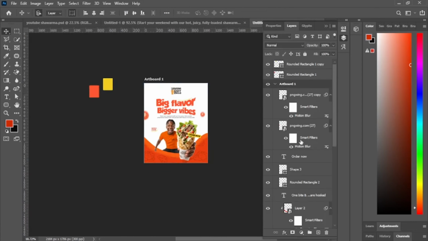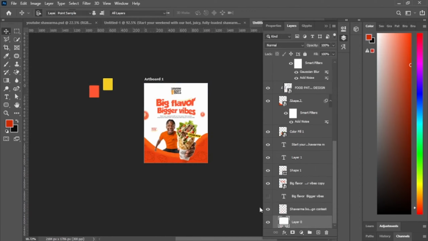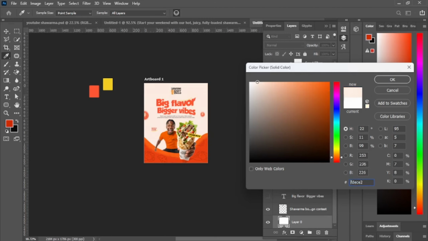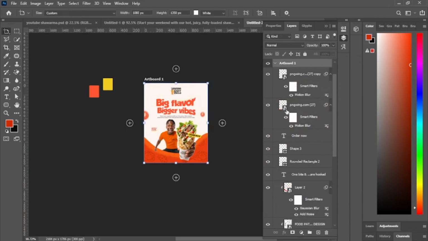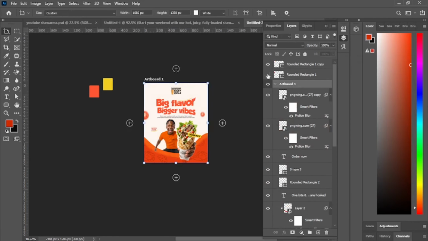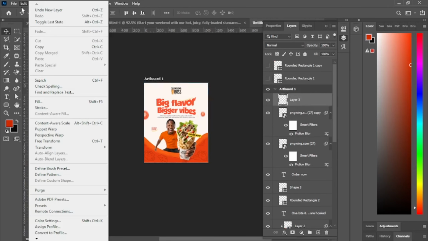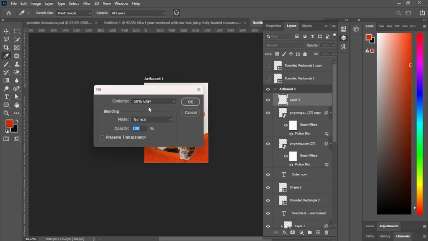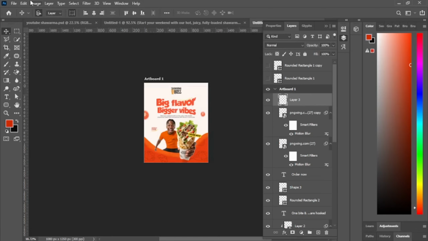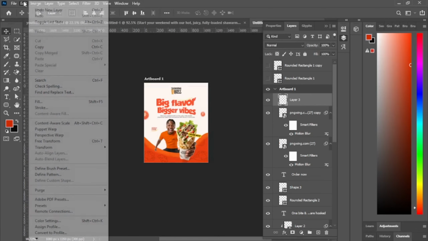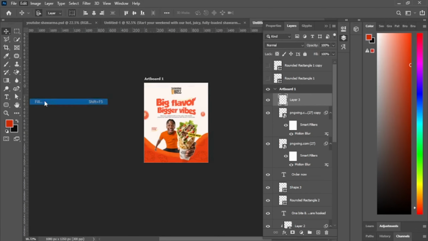Let's not leave the background like that. Let's not use pure white background. Let's just change the color of the background to something like this. And to spice it up more, because we are actually done, we can just add some grain effects to it by creating a new layer, coming to edit, coming to fill, then